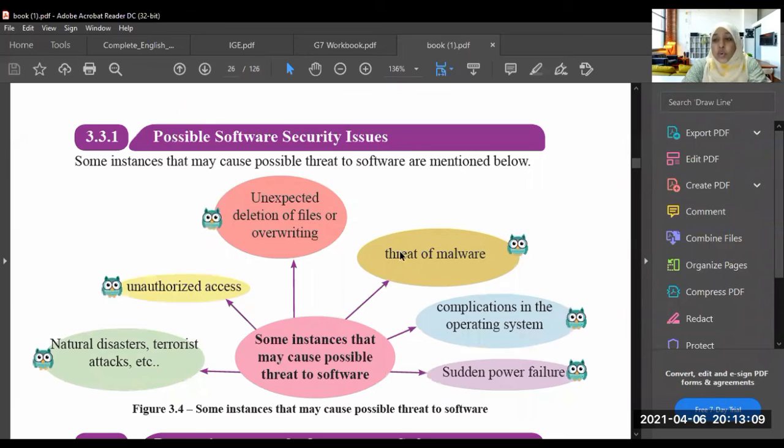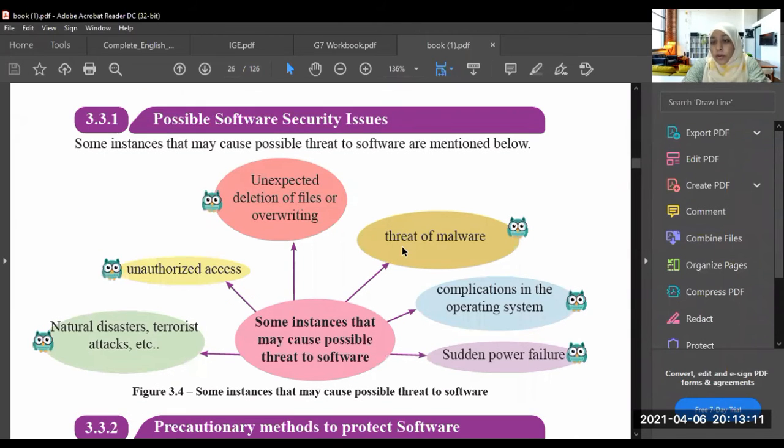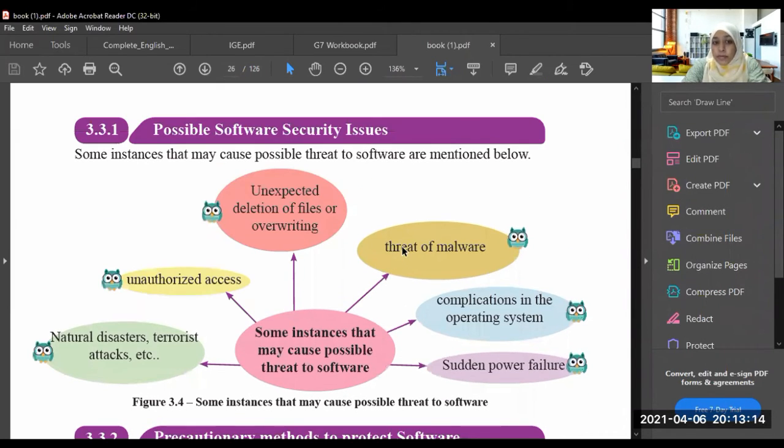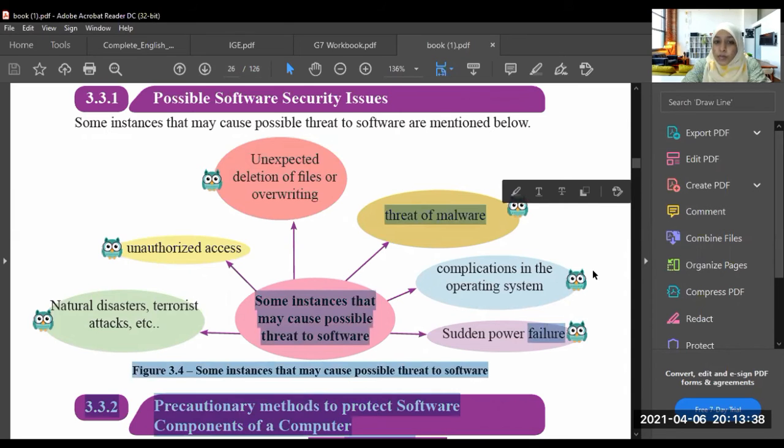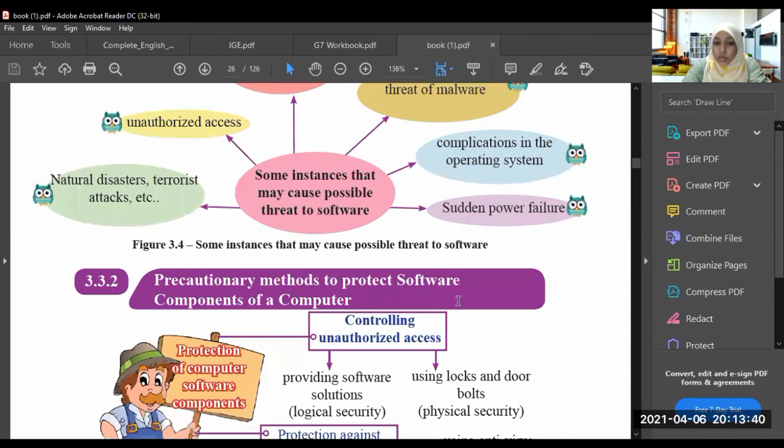The possible issues which can affect the software are natural disasters, terrorism, attacks, and so on; unauthorized access, unexpected deletion or overwriting of files, threat of malware, complications in the operating system, and sudden power failure. So how to protect our computer from these issues?